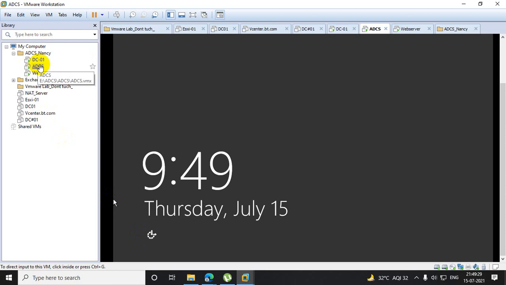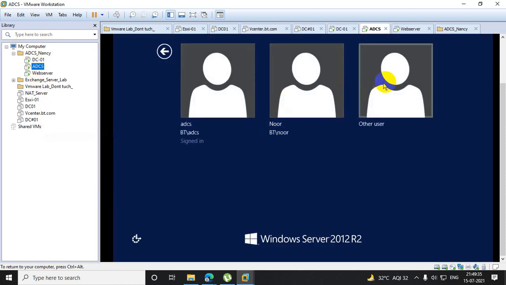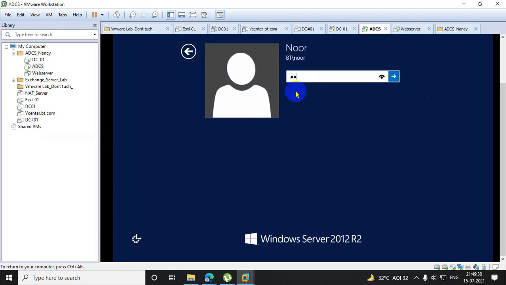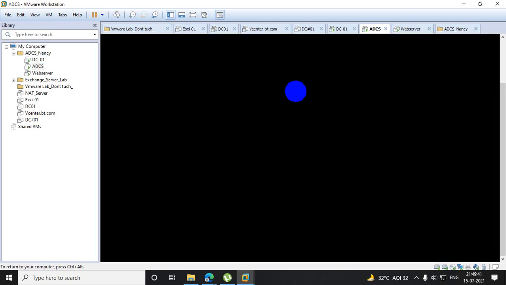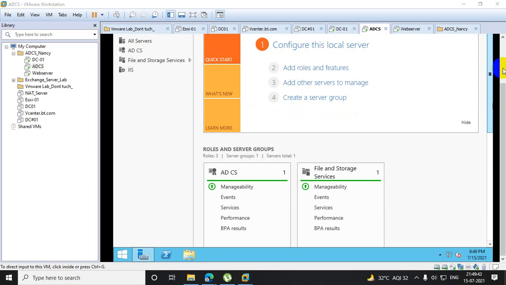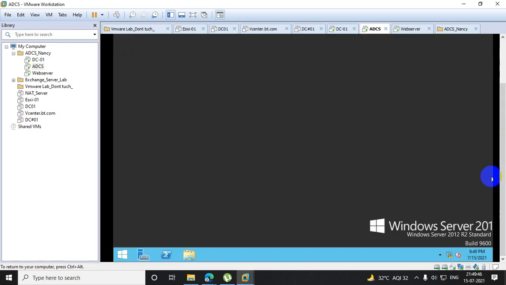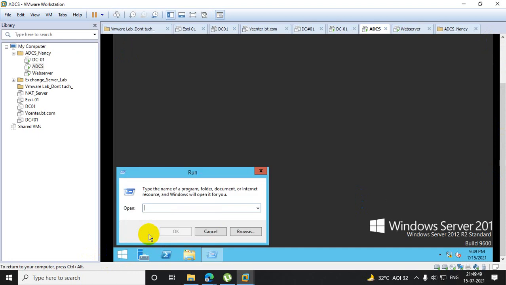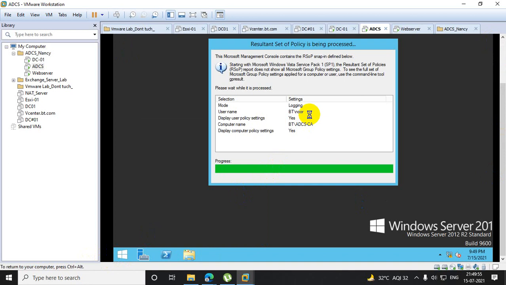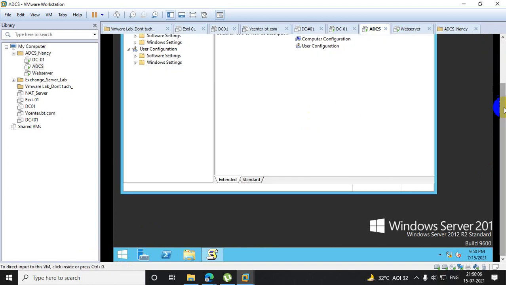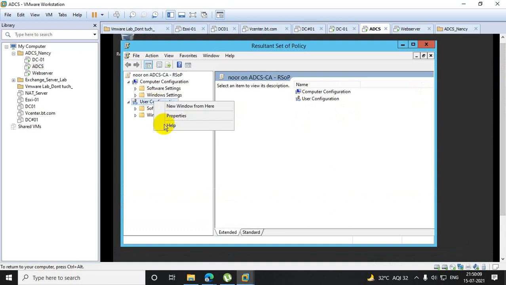Let's see whether the policy will be applied or not. No, the policy is not applying. Why? Let's see RSOP. rsop.msc. Okay, so in that case, what are these properties?